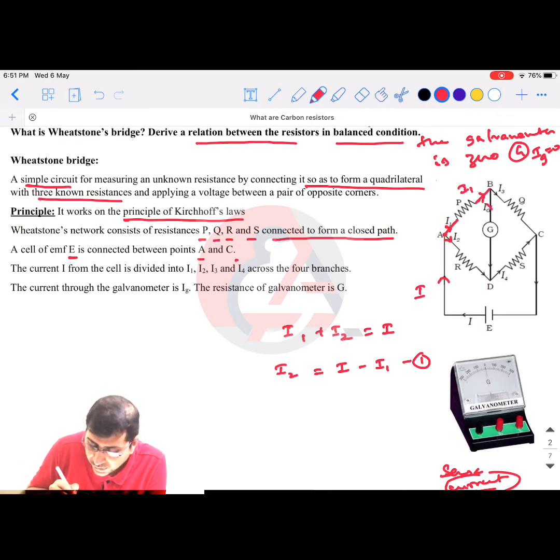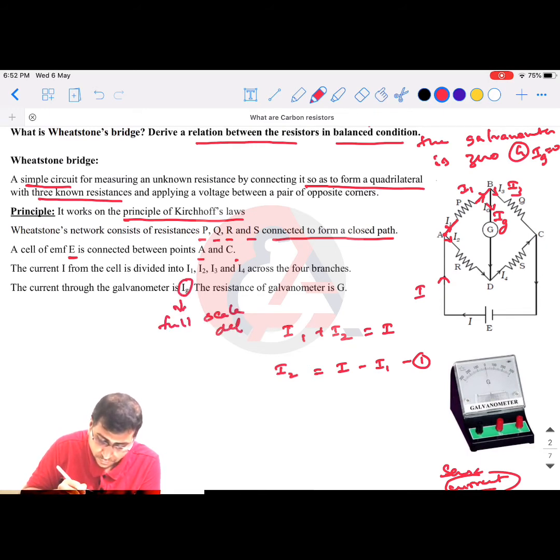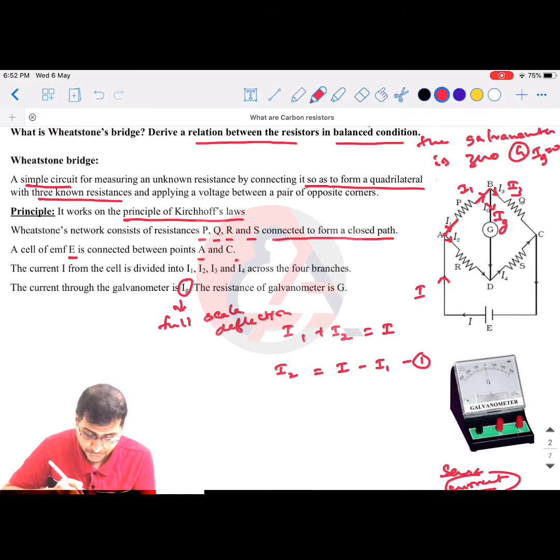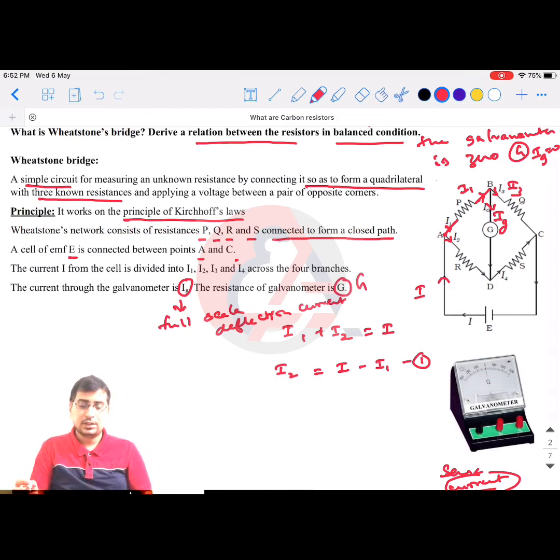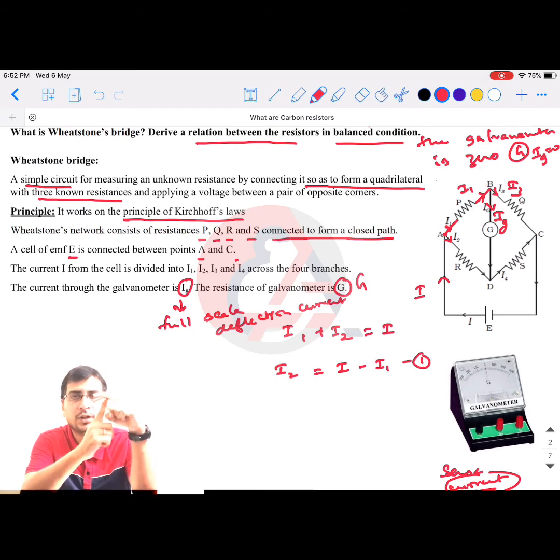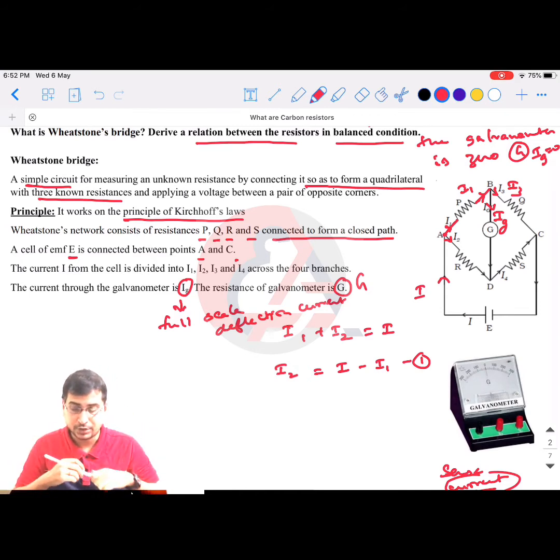The current is getting divided as Ig and I3. So this Ig is what is called the current through the galvanometer, and this is also called the full scale deflection current, and the resistance of the galvanometer is taken as G. What is the meaning of full scale deflection current? If you have the galvanometer, when the pointer is here, when the current flows through the galvanometer it should exactly stop at the end point of the reading. If this is happening, then we call it the full scale deflection current.